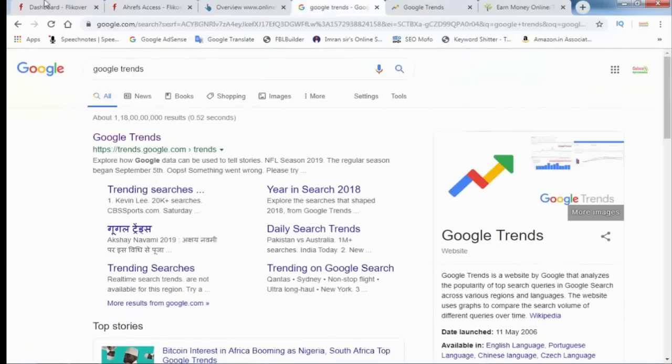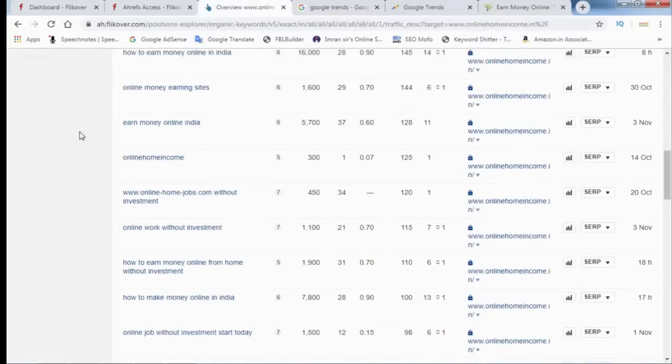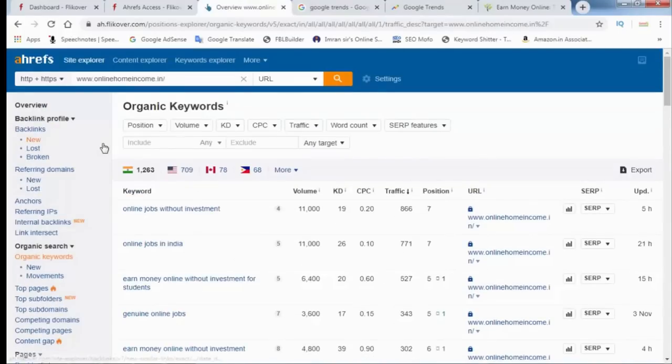You need to get your website ready on Google for the black hat technique. When your website is ready, you need to rank some keyword. Any keyword you can rank, a trending topic keyword or any other topic keyword. You need to get a position from 1 to 10 on Google.